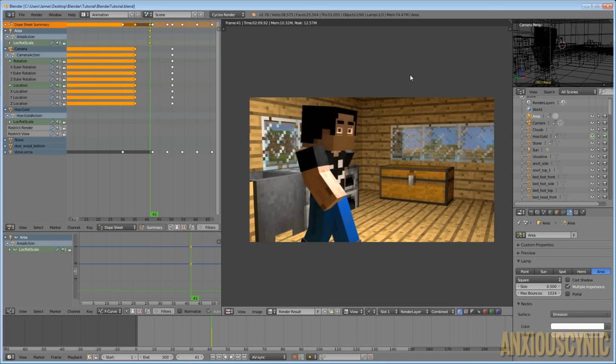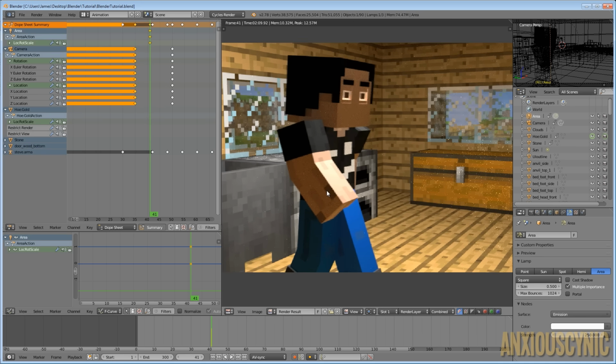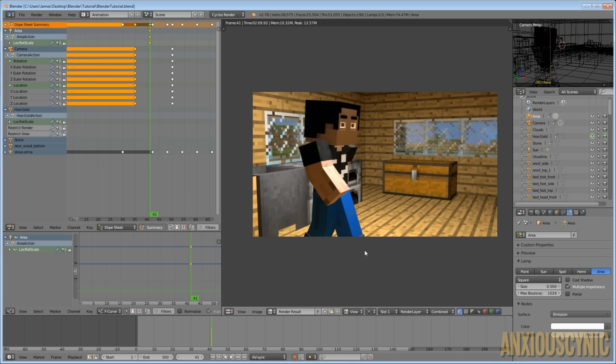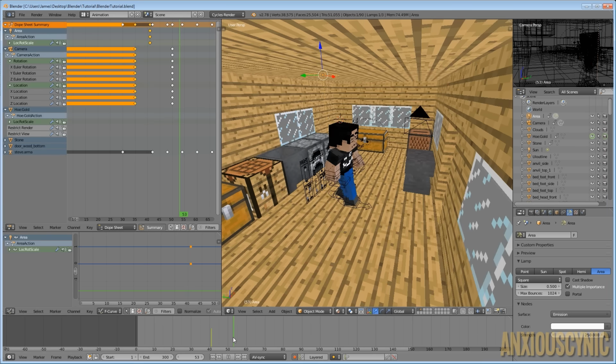Alright guys, so as you can see here, we have Steve moving, and this is our rendered frame. It doesn't look very good because the lighting is horrible, and we have some render settings that we would need to adjust. But you can see that he's not 100% sharp here. You can't really zoom in because we're not rendering at a full frame size, but he's got some blurriness.